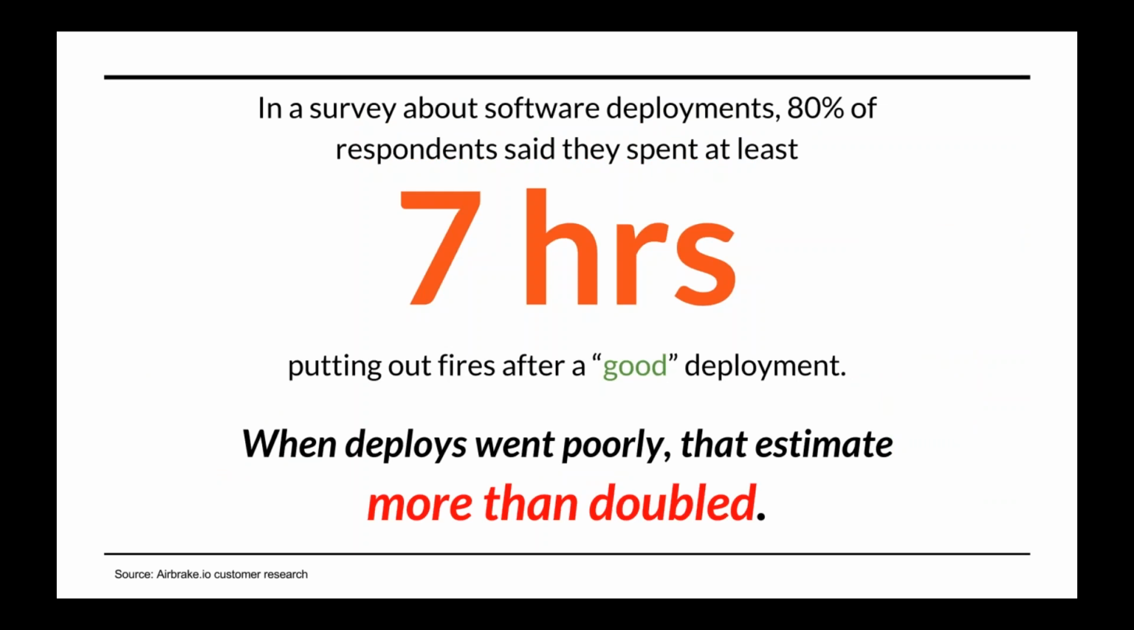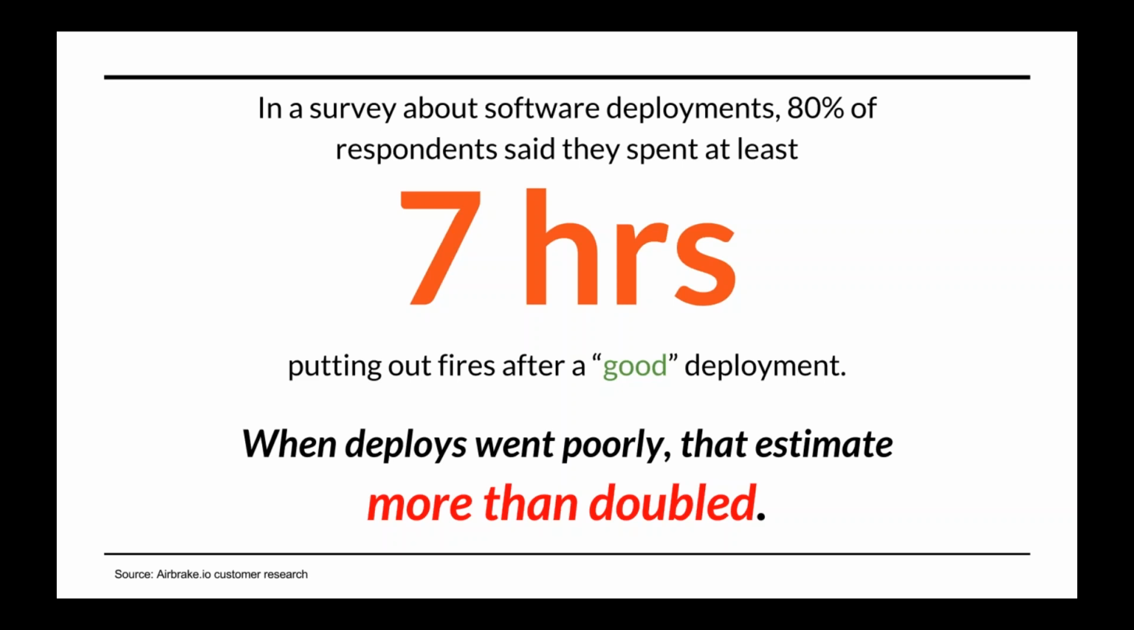So we did a survey last year talking to engineering teams, and 80% of the respondents that we surveyed said they spend at least 7 hours just putting out fires after something they would term as a good deployment. So this is something where generally things went well and it was pretty successful. And when deploys went poorly, that estimate more than doubled. So basically, anytime they were releasing software, and this tended to be folks that were in an agile or a waterfall model. Continuous deployment has a different set of challenges, but